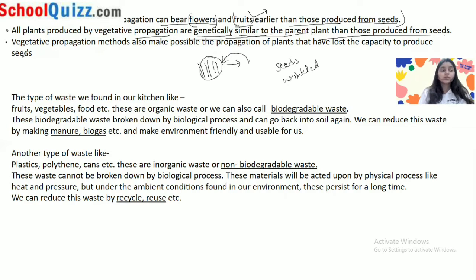Okay. Now the next point we can write: vegetative propagation methods also make possible the propagation of plants that have lost the capacity to produce seeds. See, what is the main thing in this method? We use the parts of the plant, like the stems, roots, leaves. So we do not need the seed to produce the plant. That's why it makes it possible